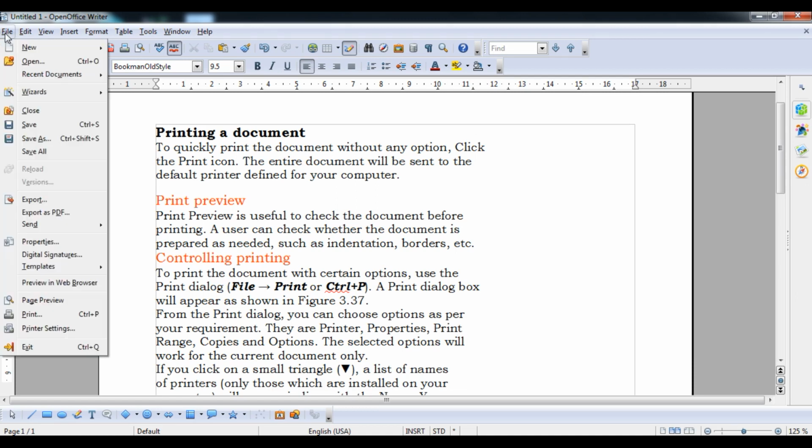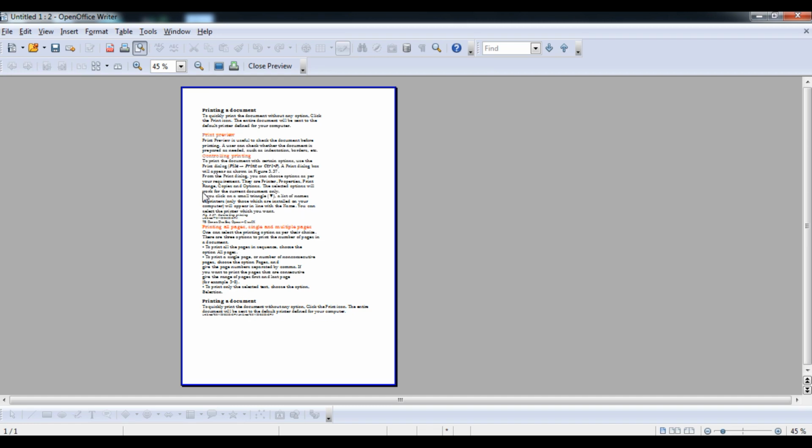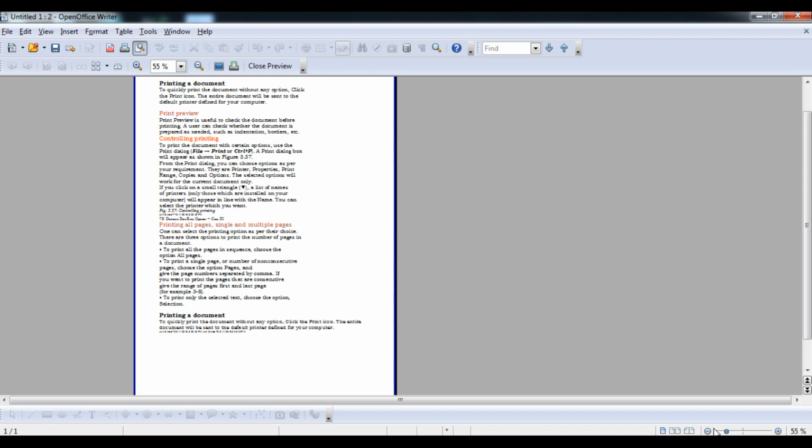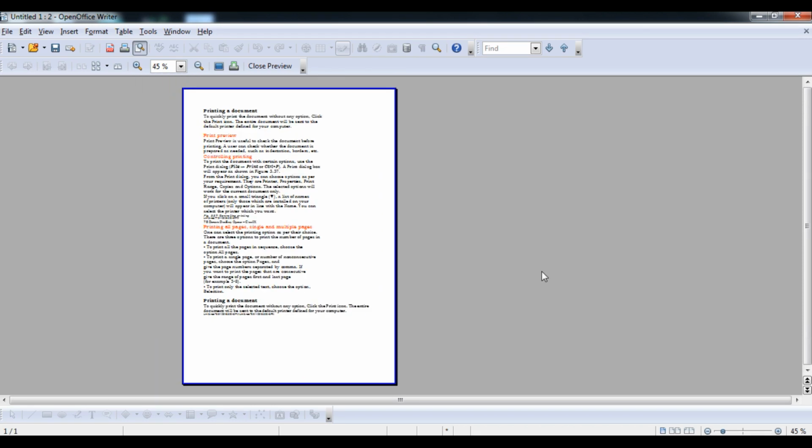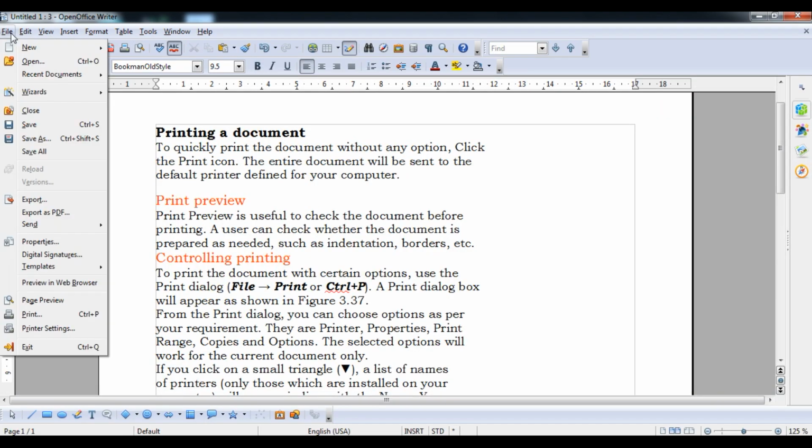So we are talking about print preview. Go to the File option and then go to the Print Preview option. You can see, student, the print preview option will show you this particular layout, how it looks. You can increase the zoom level also, so you can see how your data fits on the page. You can close print preview like this also, okay, and this also.